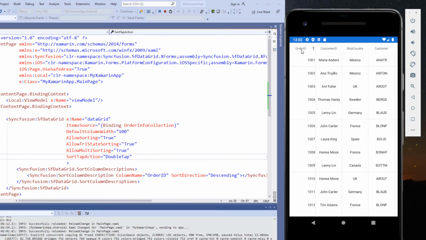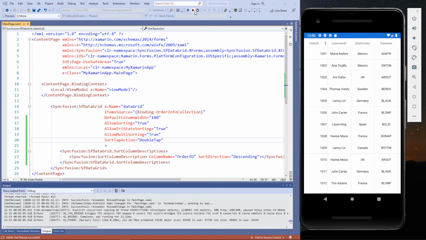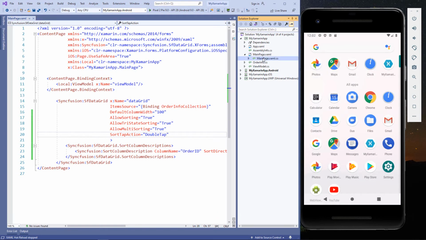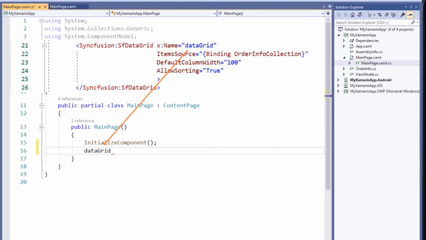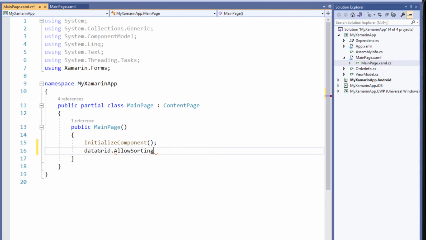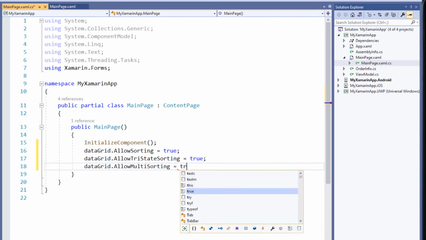All these properties can be set in the code behind instead of XAML. Let me show you how to access these properties in code behind. In the code behind, I access the data grid object and set the allow sorting property to true. I set the allow tri-state sorting to true. In the same way, I set the allow multi-sorting to true.